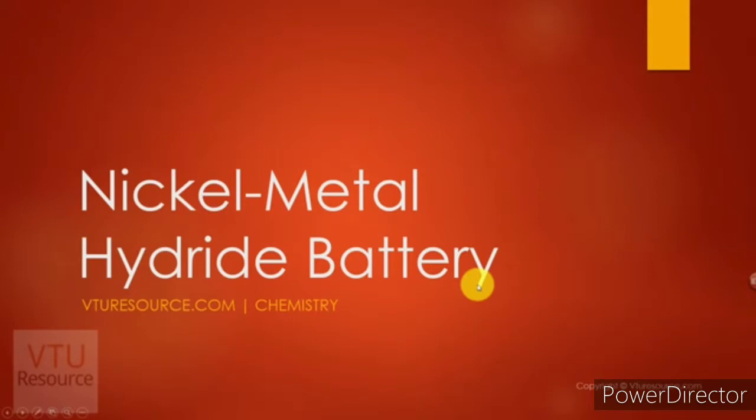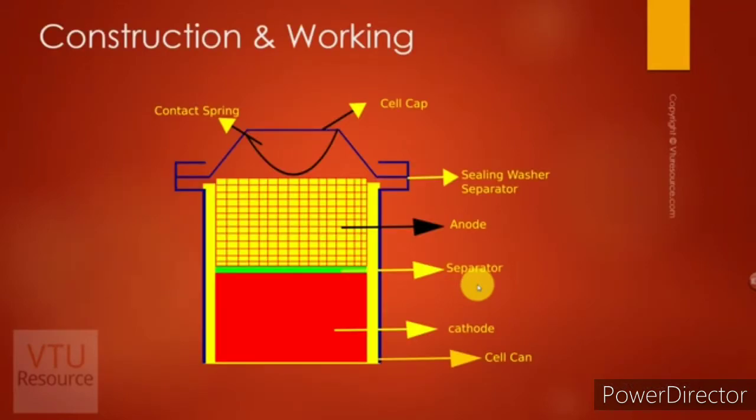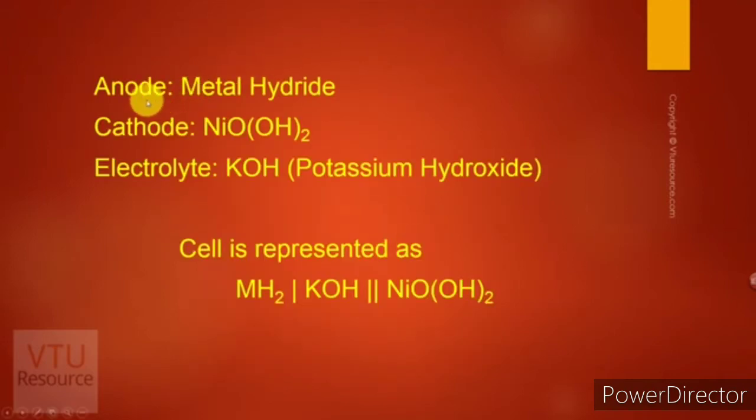A nickel metal hydride battery is a secondary battery or a rechargeable battery where the reactions are reversible. Let us discuss the construction and working of the nickel metal hydride battery. The anode used in a nickel metal hydride battery is metal hydride. The cathodic active species is nickel oxyhydroxide and the electrolyte used is potassium hydroxide. It can also be represented as